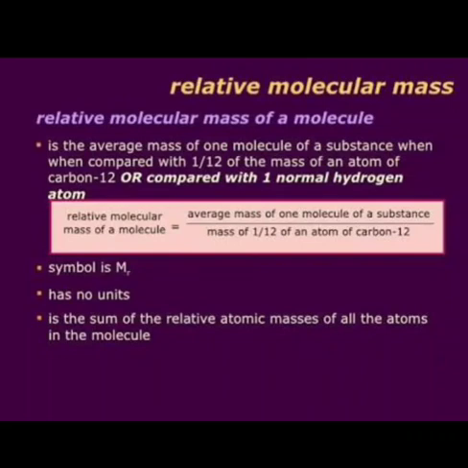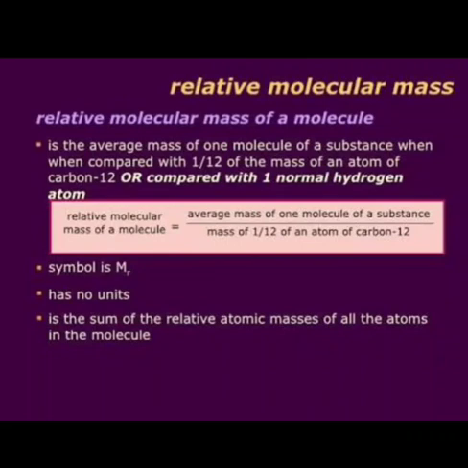So when the relative atomic mass of an element is expressed in gram, that is known as gram atomic mass, and when the relative molecular mass of a substance is expressed in gram, that is known as gram molecular mass. And remember, atomic weights are expressed in atomic mass unit, that is AMU.